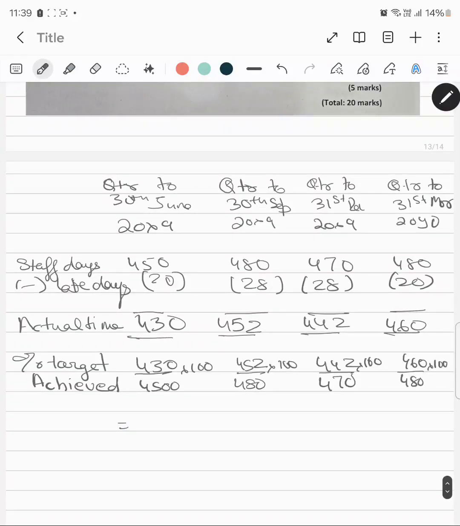And now it will give you 430 divided by 450 into 100, that is 95.5%. 452 divided by 480, this is 94.17%. 442 divided by 470, this is 94%. 460 divided by 480 into 100, this is 95.83%. Okay, so the percentage of target achieved is